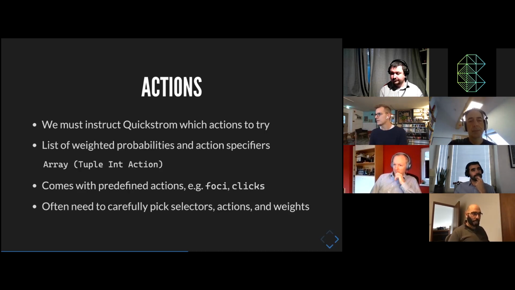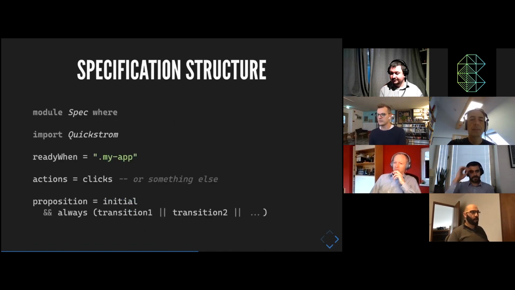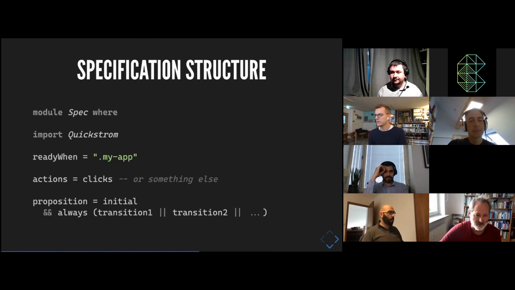Okay, the specification always looks kind of like this. So you have a PureScript module. Here it's called spec. And you import Quickstrom, and then you say ready when, which is like when this selector is matching any element, then we can start testing. And you pass it some actions. Here I'm just using clicks. And then for the important part, which is the proposition, this is like the safety property. Here you pass in